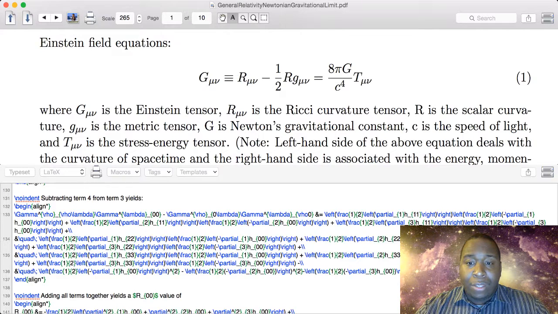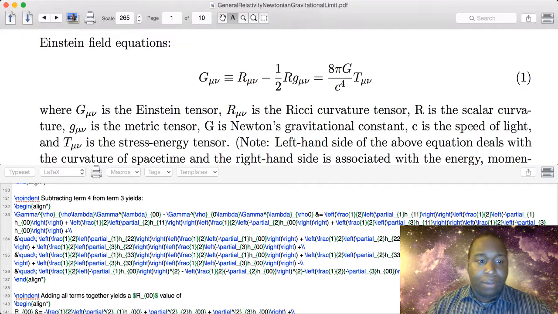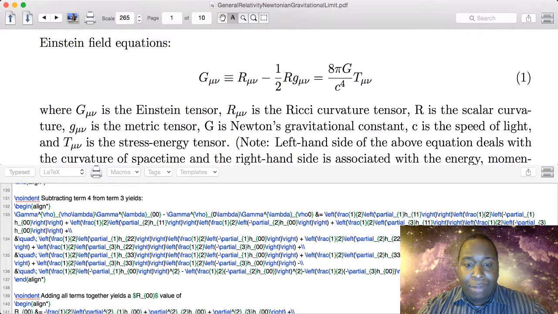And so, just to break down the equation really quickly, you get G sub mu nu, which is going to be the Einstein tensor. R sub mu nu is going to be the Ricci curvature tensor. R is the scalar curvature value, and essentially this is going to be the sum of the diagonal elements of the Ricci curvature tensor multiplied by the respective diagonal elements of the metric. G sub mu nu is going to be the metric tensor, and that's everything for the middle portion of this